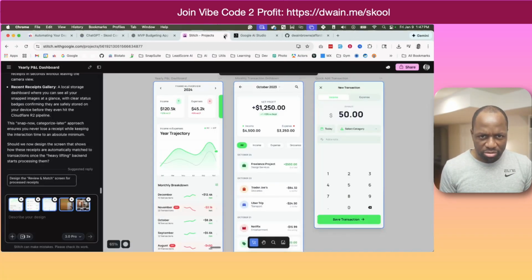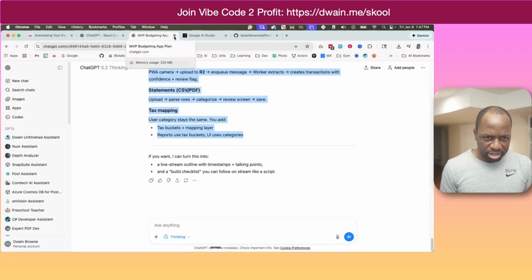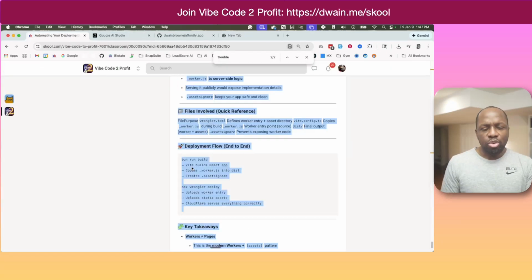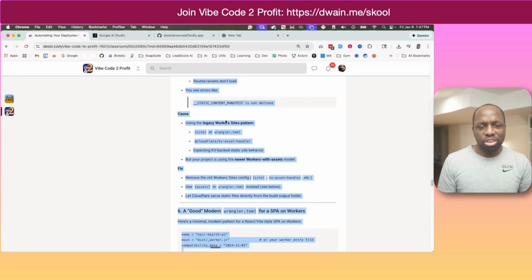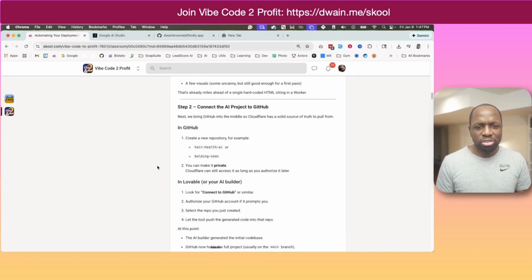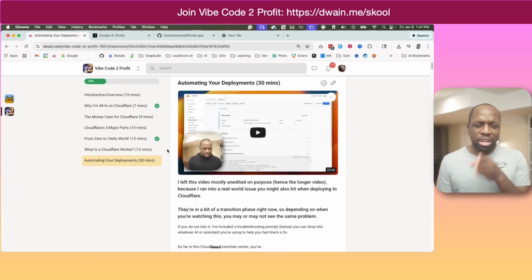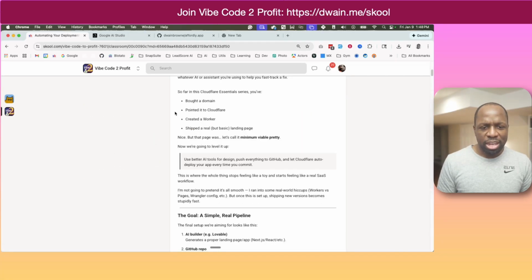I'm going to get a Wrangler file uploaded. So we don't need Lovable anymore. Don't need Stitch anymore. Or maybe we'll need Stitch again. ChatGPT we don't need for now. Yeah, so I definitely ran into quite a few problems trying to deploy a React application on Cloudflare. And one of the biggest problems is because Cloudflare has some configuration issues, and it just has a whole bunch of stuff that was misaligned with the way React is being configured by some of the AI vendors. This video is in my classroom under Cloudflare 101 Essentials, automating your deployments,